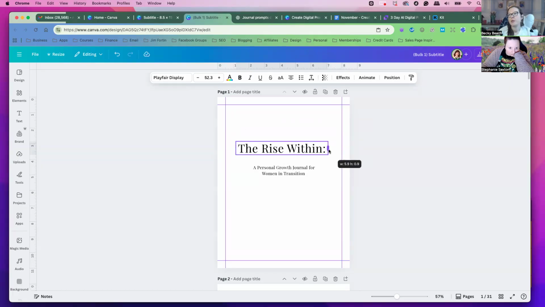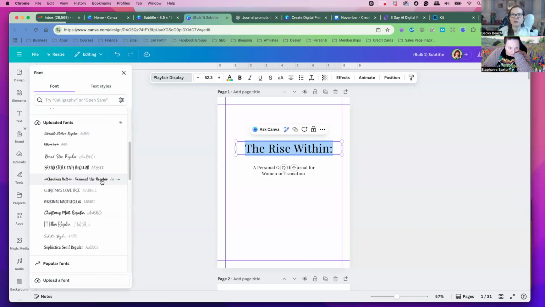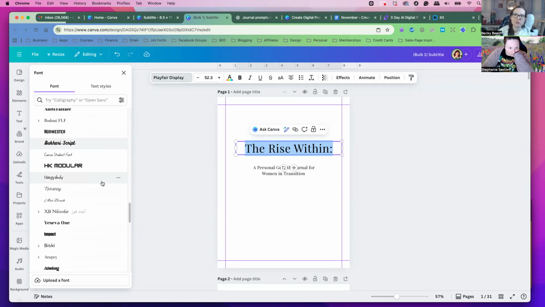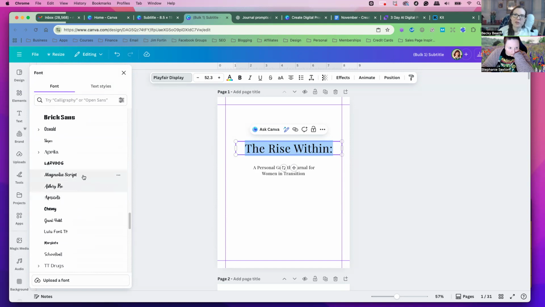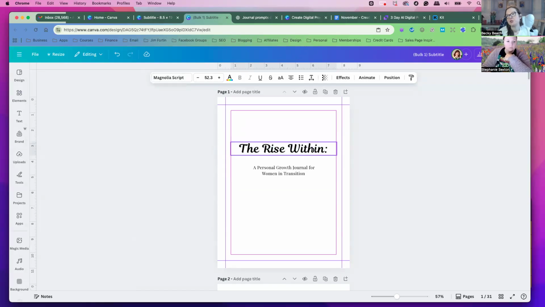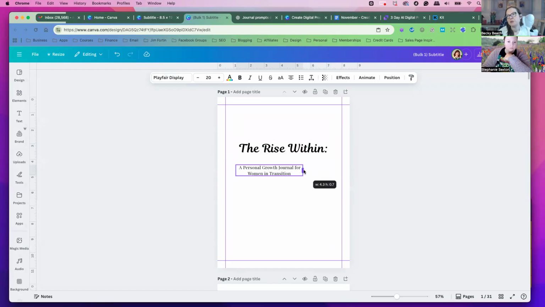I may want to make Rise Within a cursive font. My favorite font to use that's readable is, if you're going to use script, you want to make sure it's readable. The best one I think is Magnolia because it's very readable. You see that? It just looks like lowercase letters, but they're connected. I just think that font is very readable and user friendly, but it still looks very cute and scripty. So that's my personal script font in Canva, and it's a free font to use. So again, the font choices I'm using are Playfair Display and Magnolia.